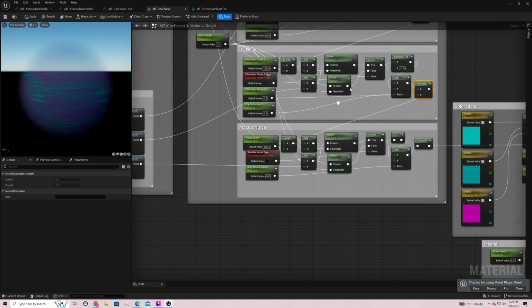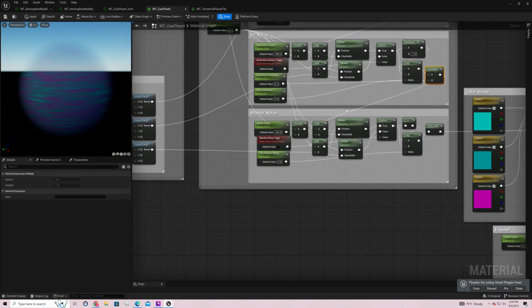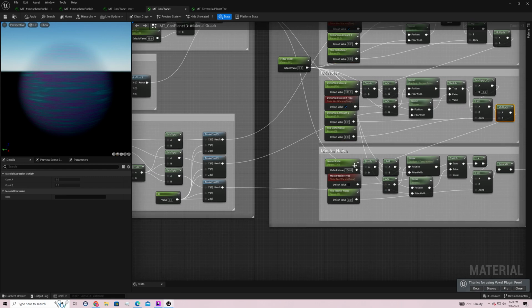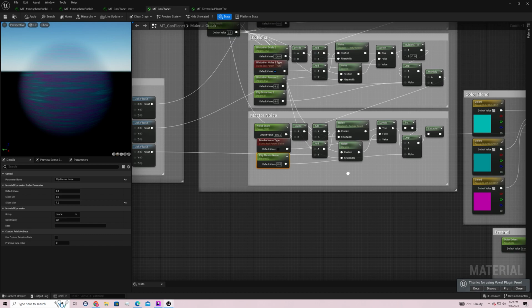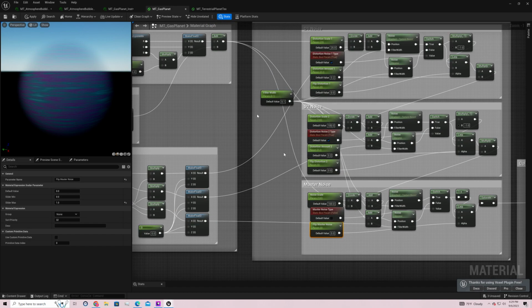Okay, we're almost done with the noise. Now we come down here, and here you're going to need noise scale, master noise type, and flip master noise. You don't need the distortion amount stuff for the noise itself because we're not distorting anymore. So again, you're going to take your texture coordinate, connect it to a divide node, divide it by your noise scale value, connect it to an add node, add your second layer of distortion noise to it, connect it to another add node,